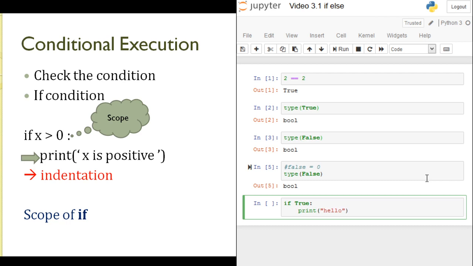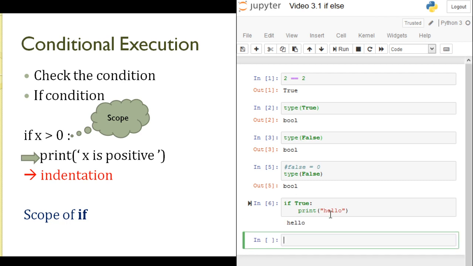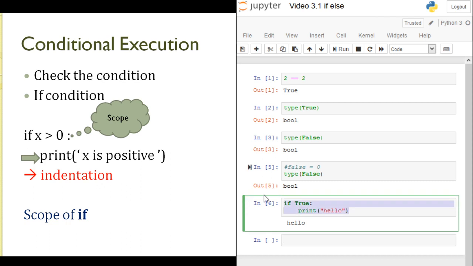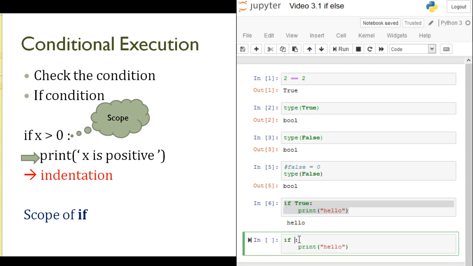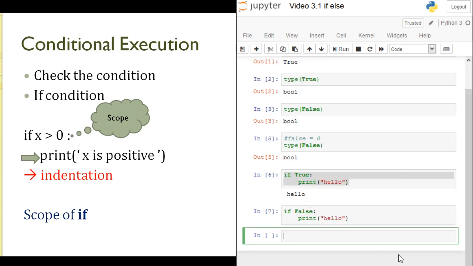What it means: here I am using if and the condition is by default true, the colon represents that this scope has started, and print hello, and hello is printed. Okay, what will happen if I use false here? False means the condition is never true, and it will print nothing.